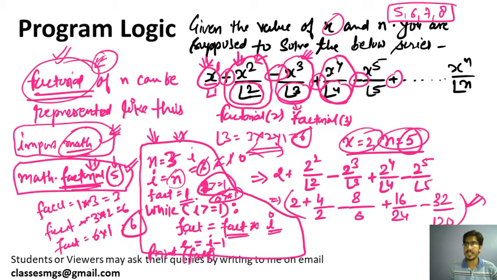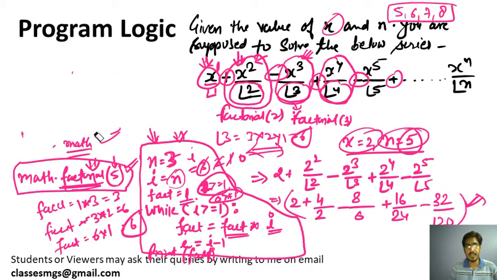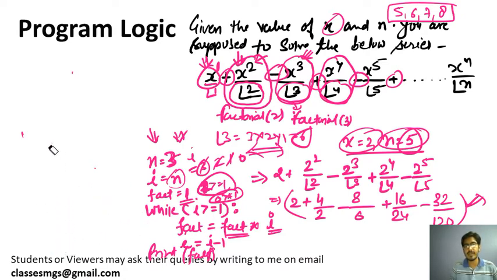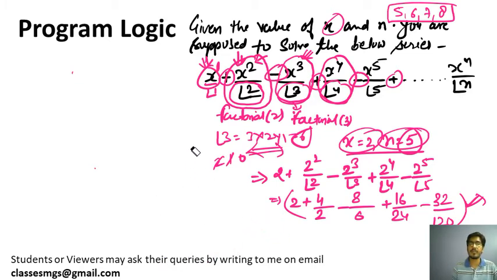Okay, so let's try to understand the logic for this particular problem now. The logic is already explained in the previous practical. I just need to show you the loop that will help you to calculate this series, because I have already shown how to calculate the factorial. The new thing was only this in this practical, otherwise this practical is very similar to the last practical, that is practical number 7. That's why I am not emphasizing the logic more, how this series is solved. This series I have already solved in the last class.